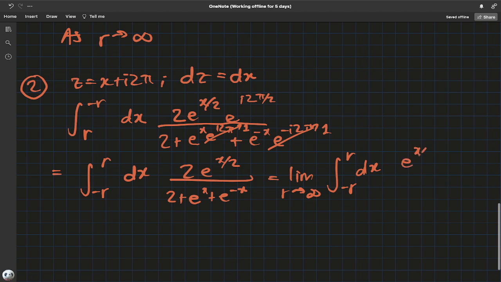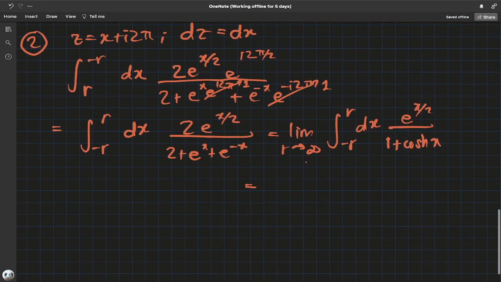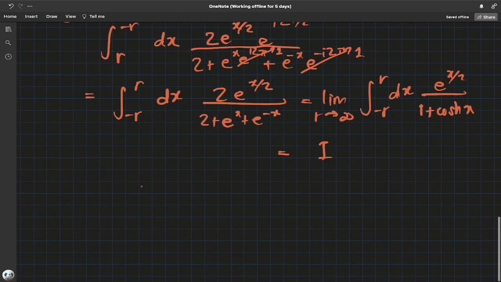dx, e raised to x over 2, and the denominator, by the definition of the hyperbolic functions, is the hyperbolic cosine. Precisely after taking the limit, this is I, because this becomes negative infinity and positive infinity. So that is I for 2. Now for 3,